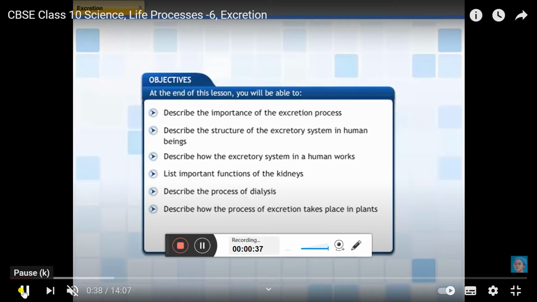This lesson is about the process of excretion in different types of organisms. At the end of this lesson, you will be able to describe the importance of the excretion process, describe the structure of the excretory system in human beings, describe how the excretory system in a human works,